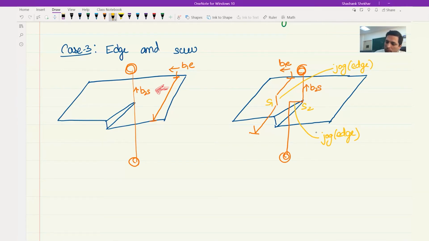So for the sake of completeness, we will write S1 is equal to Burgers vector B2 in magnitude. S1 is parallel to B2. S2 is equal to B1 magnitude wise, and S2 is parallel to B1. And in this case, what do we see